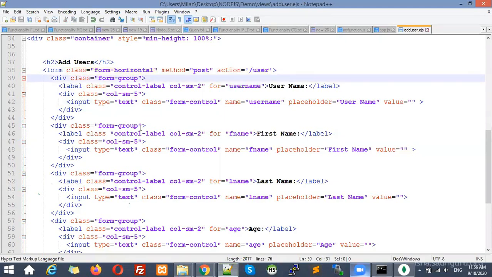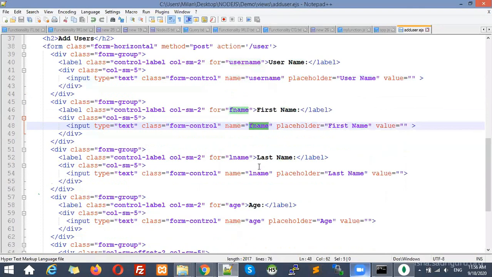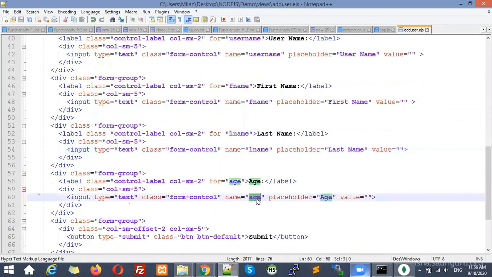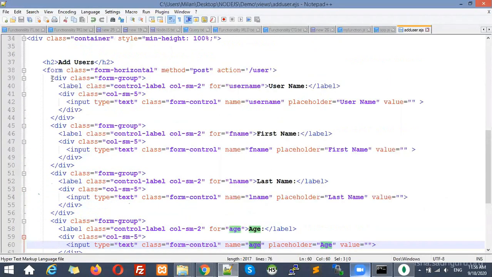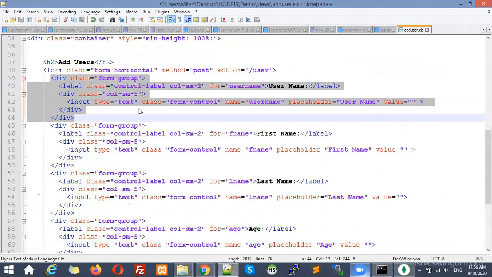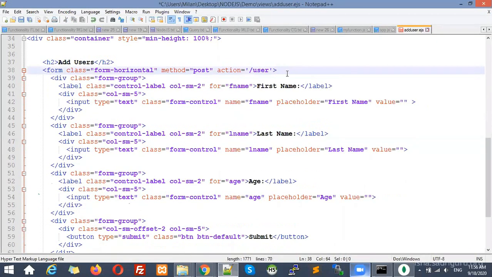So here the input tag is there, and you can see the name of that one is username. Here you can see first name, here you can see last name and age. For simplicity, let me remove this one, so we are not going to manage this one. Username we don't require. We are just going to create first name, last name, and age.